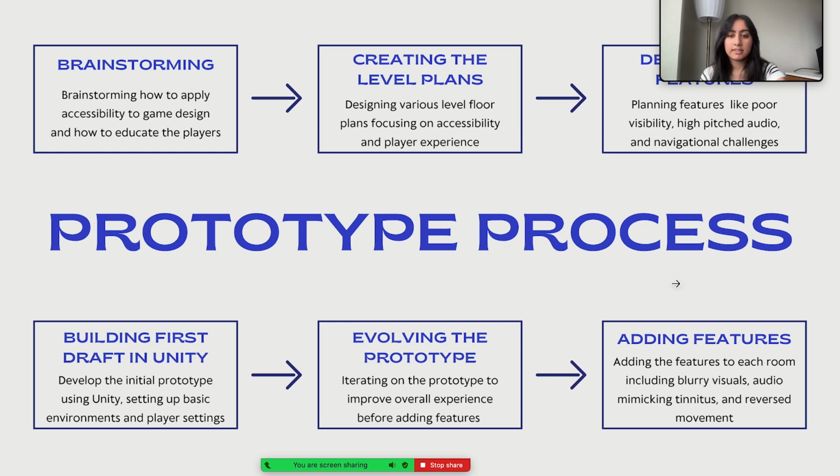The prototyping process. The process of development was enjoyable and difficult at the same time. The first step was to draft level layouts, which was essential for organizing the game's surroundings. Subsequently, I determined the salient characteristics that would define the gameplay experience, emphasizing the most effective approach to replicate accessibility obstacles in a manner that was both captivating and instructive. Unity was used to create the game's initial draft, which provided a basic structure for further refinement and development.